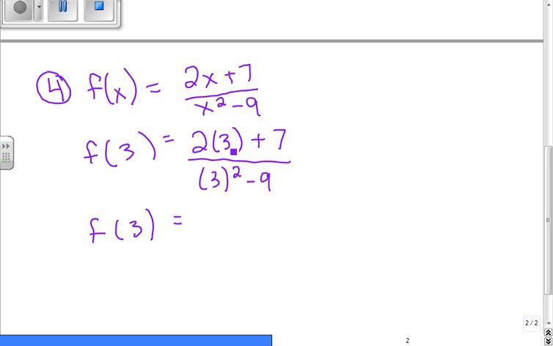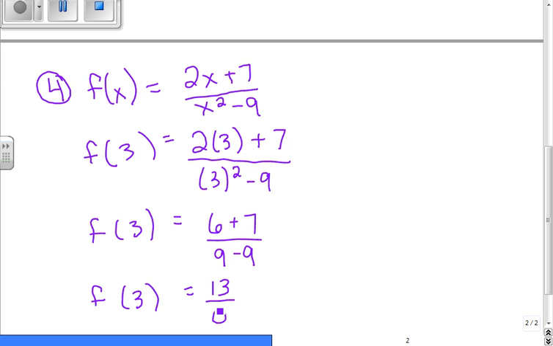Two times 3, we have to use our order of operations. We do multiplication before we do addition. 2 times 3 is 6 plus 7 over 3 squared is 9 minus 9. So we have f of 3 is equal to 6 plus 7 is 13, and 9 minus 9